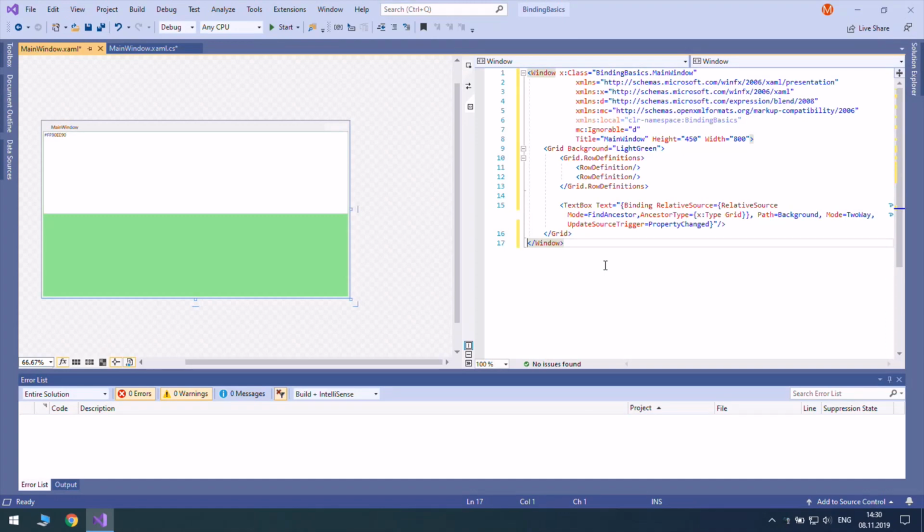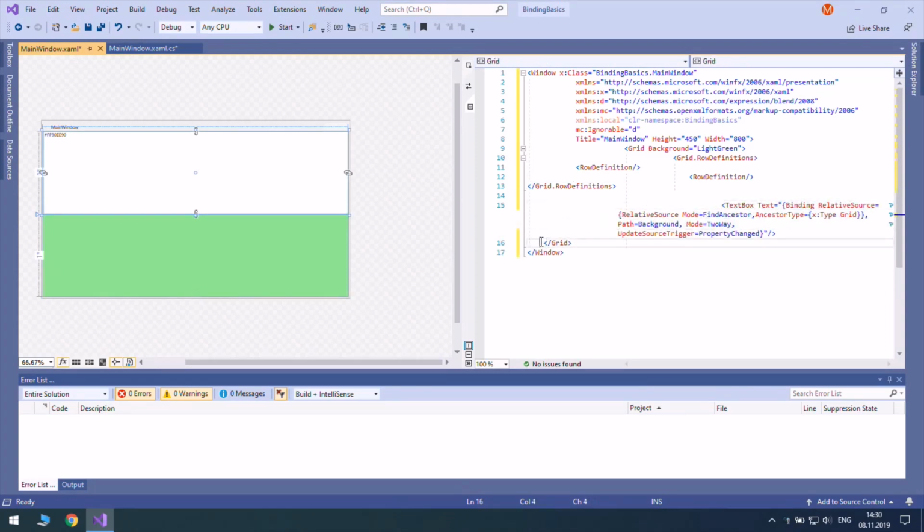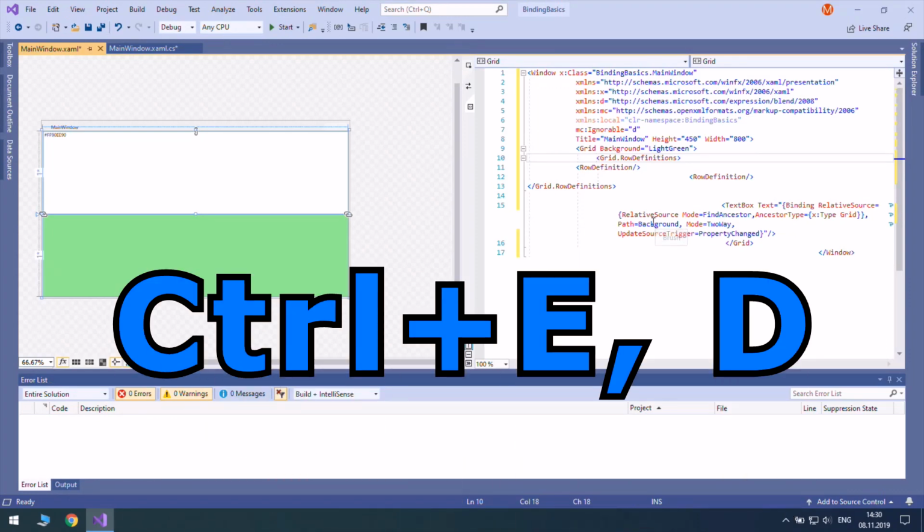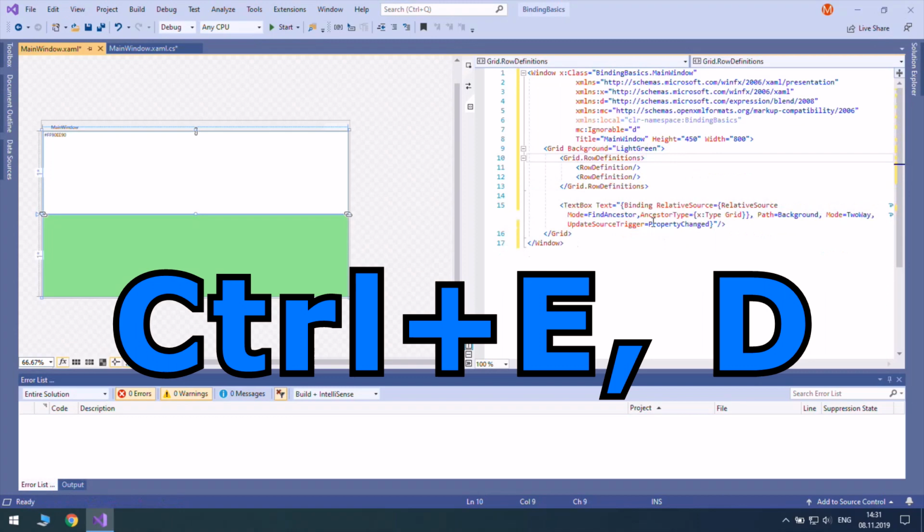The first trick I'd like to show you is related to formatting. For example, I think you all had situations like this, when you have completely screwed formatting, like here and here and here, sometimes even here, and just imagine how much time you need to spend correcting this all. But there is an easy way to do it all. Just hold Control, press E, and press D, and here you are. All your formatting is now fixed.